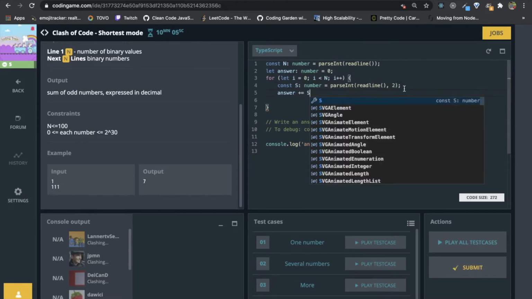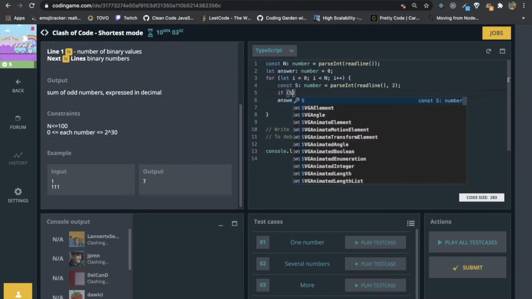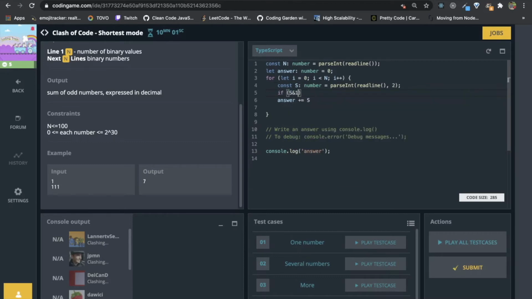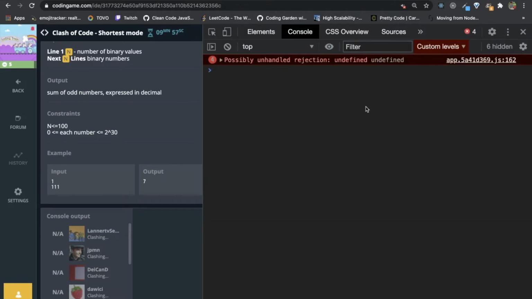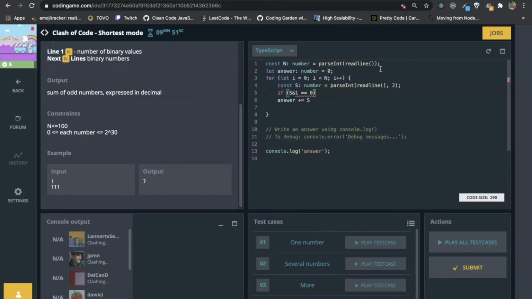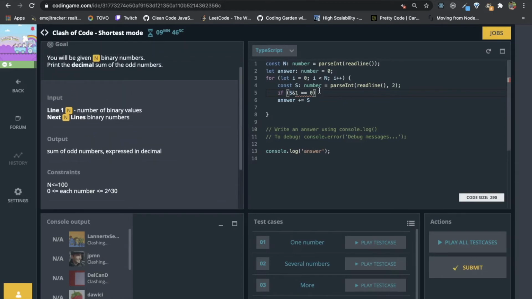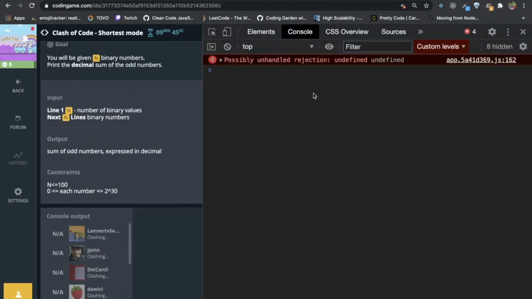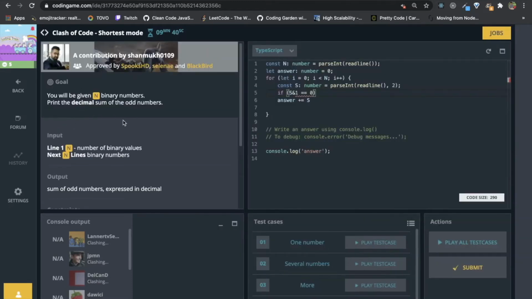So if it is odd, print it, the odd number.